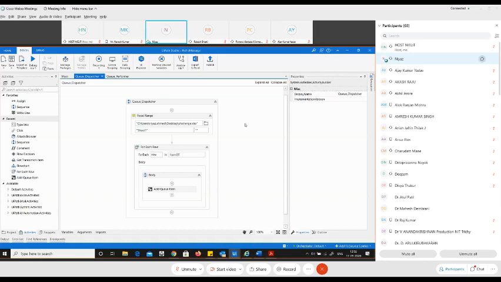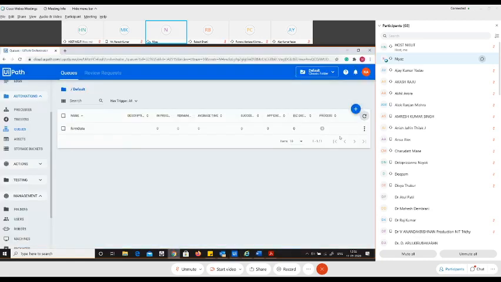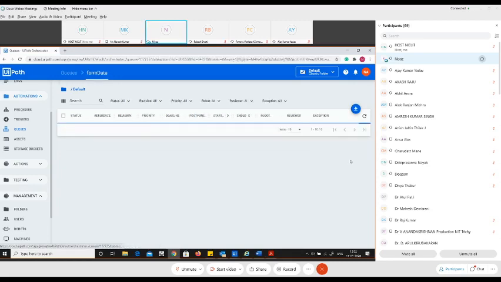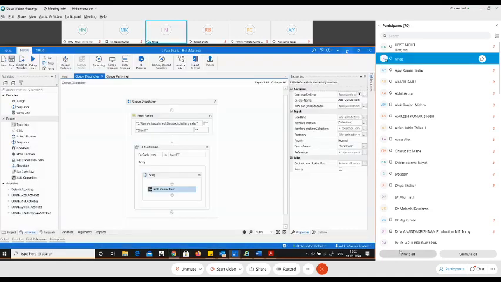Okay. So let us proceed and quickly complete the exercise that we were doing before this break. If you remember, we did a dispatcher and we did a performer, and also we created a queue. So right now there is nothing in the queue. If you see the view transaction, the queue is entirely empty. And if you see over here, we have created a dispatcher and the performer model.